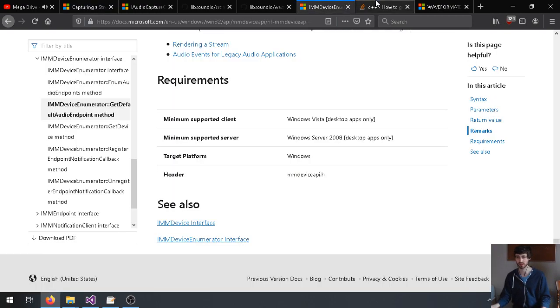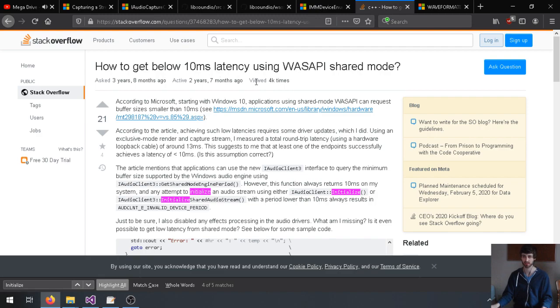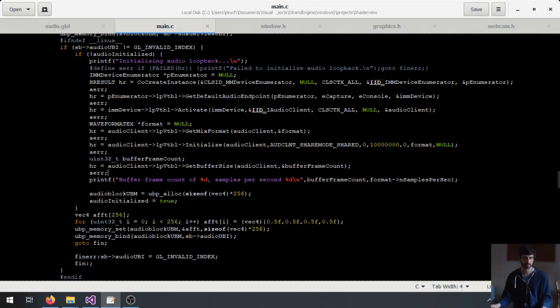This person is saying that as well, that you can supposedly get 10 milliseconds latency, which is insane. That's like 100 frames, the equivalent of 100 frames per second. This is very good. I don't even need that much. I actually want a bit more